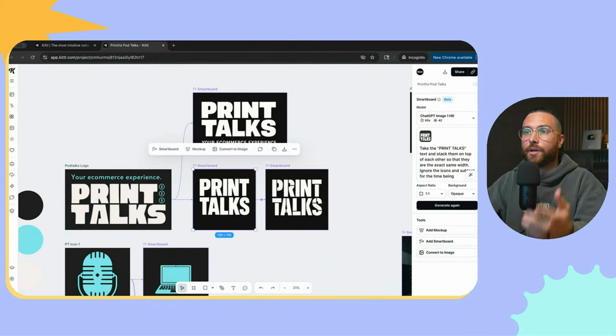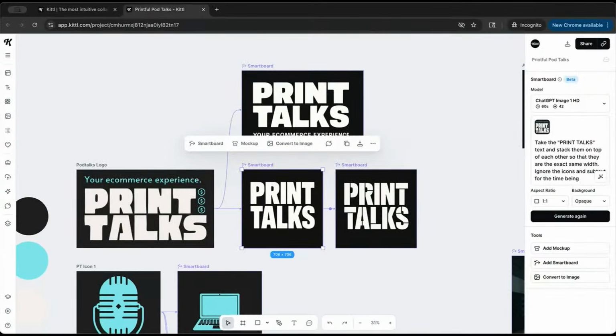Because it already could be a cool podcast cover or anything like that. So I just said, take the print talks text and stack them on top of each other so that they are the exact same width, ignore the icons and subtext. And I think what you might be seeing here is maybe not necessarily anything flashy quite yet, but in my opinion, for the AI to be able to interpret that direction as I'm kind of being the creative director and do it and actually format it quite nice is really powerful to me,